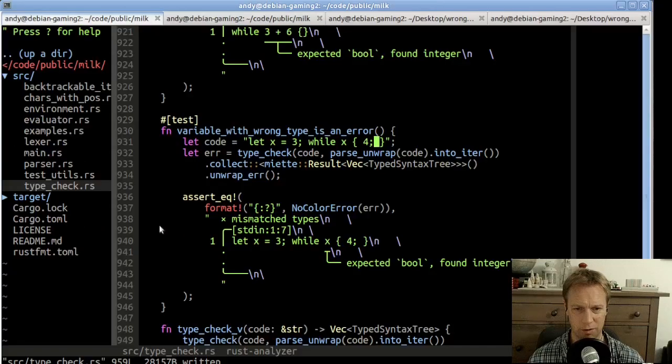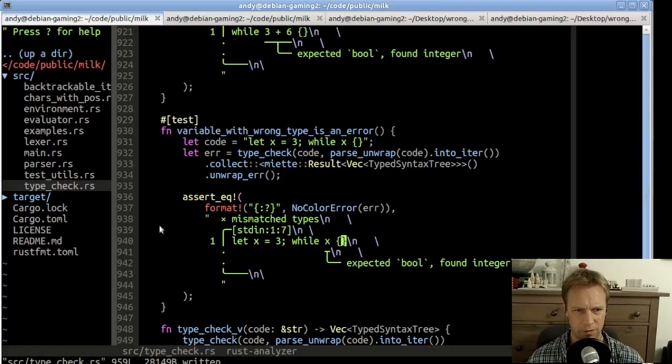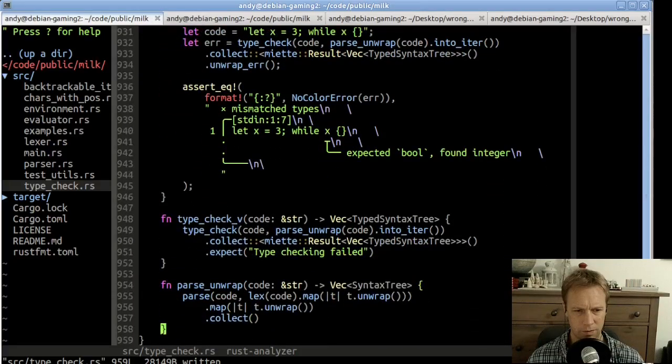don't actually parse correctly if they're not the first thing in the thing. So let's try and investigate this a little bit. But I think we need to go into the parsing code for this because we called unwrap on an error value at line 956. 956 is where we parse something,